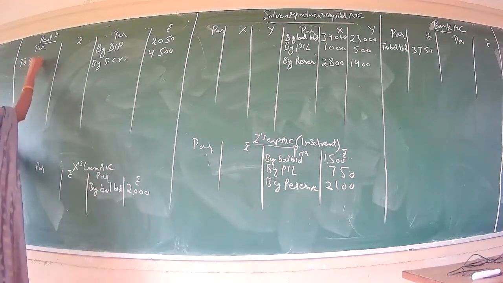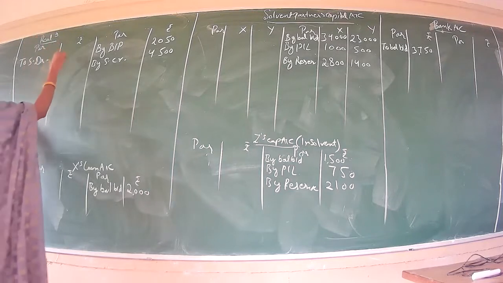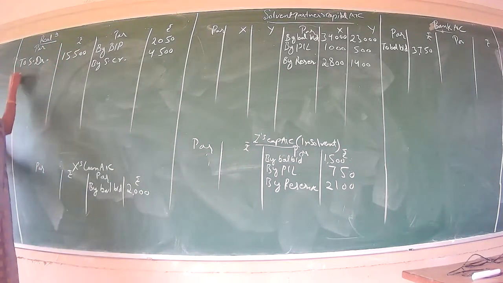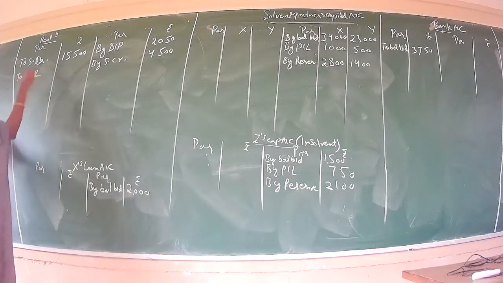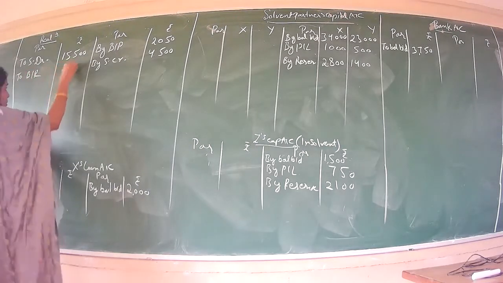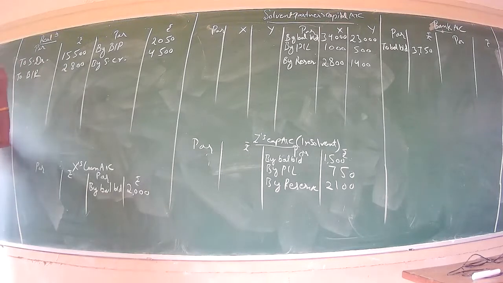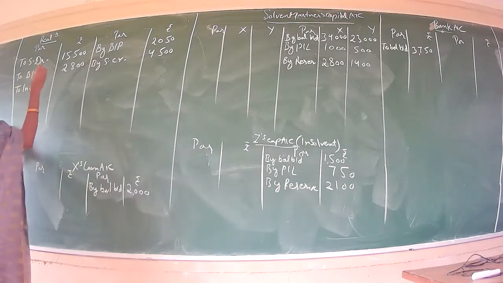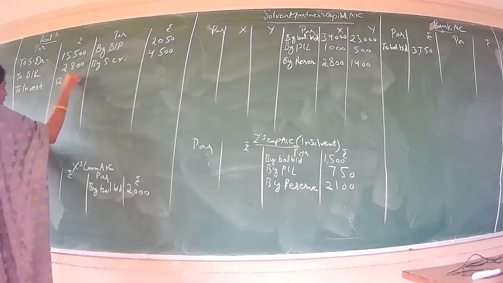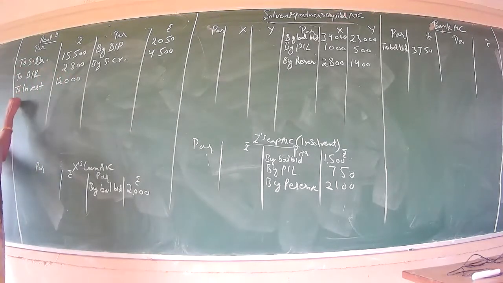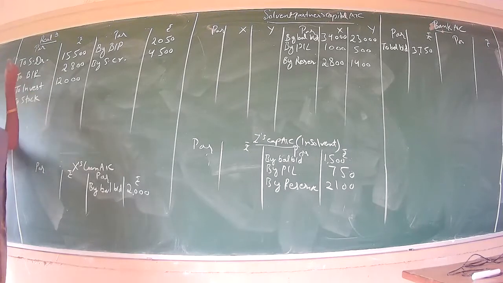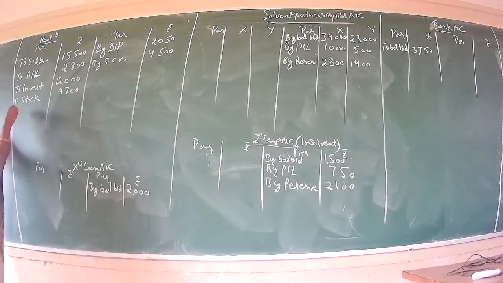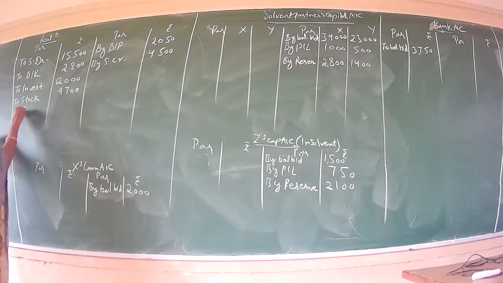So do the entry to sundry debtors. How much do we have in debtors? 15,500. Then similarly we have bills receivables. How much is the bills receivables value? 2,800. Then we have the investment. So take the investment also, 12,000. Then we have stock. So to stock, 9,700, because all these assets are going to be realized on dissolution.